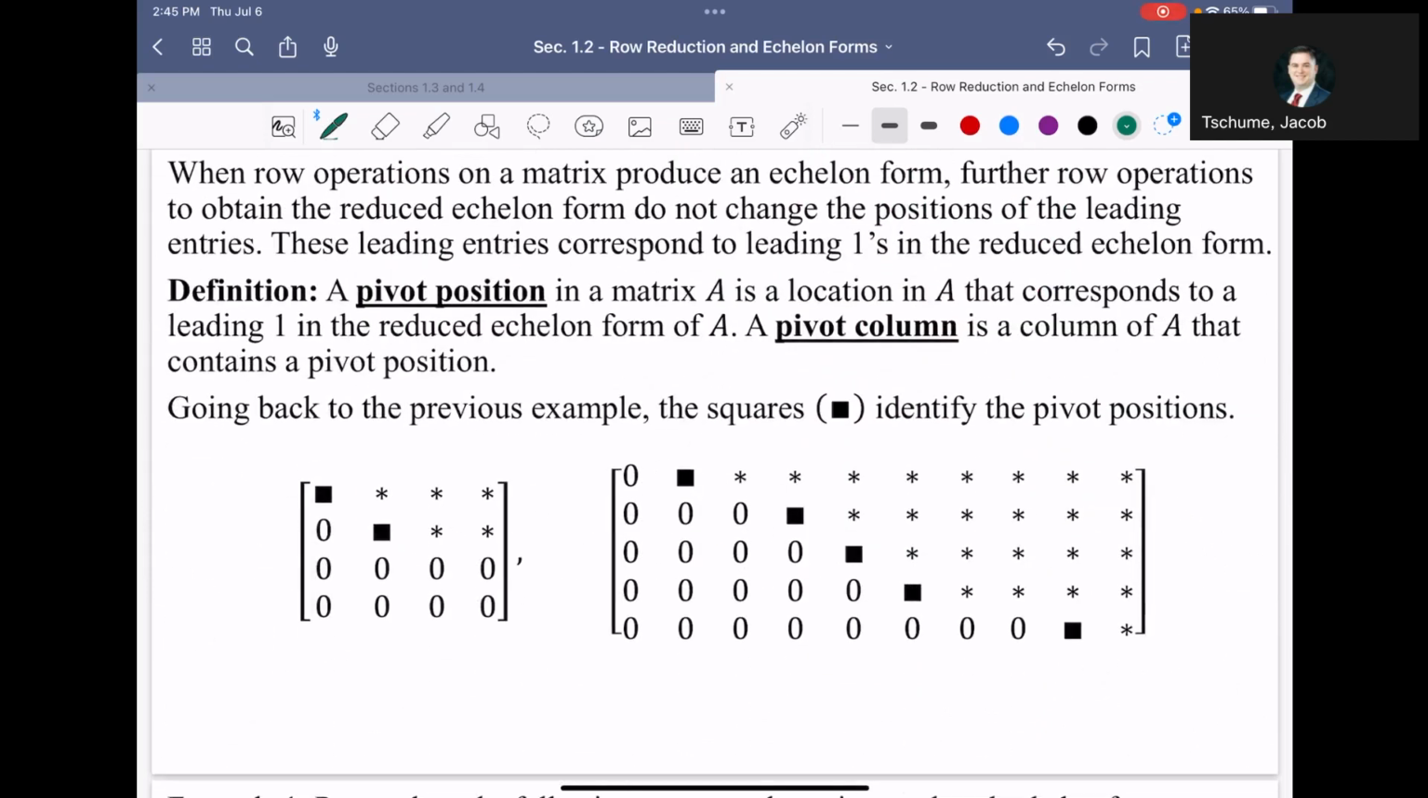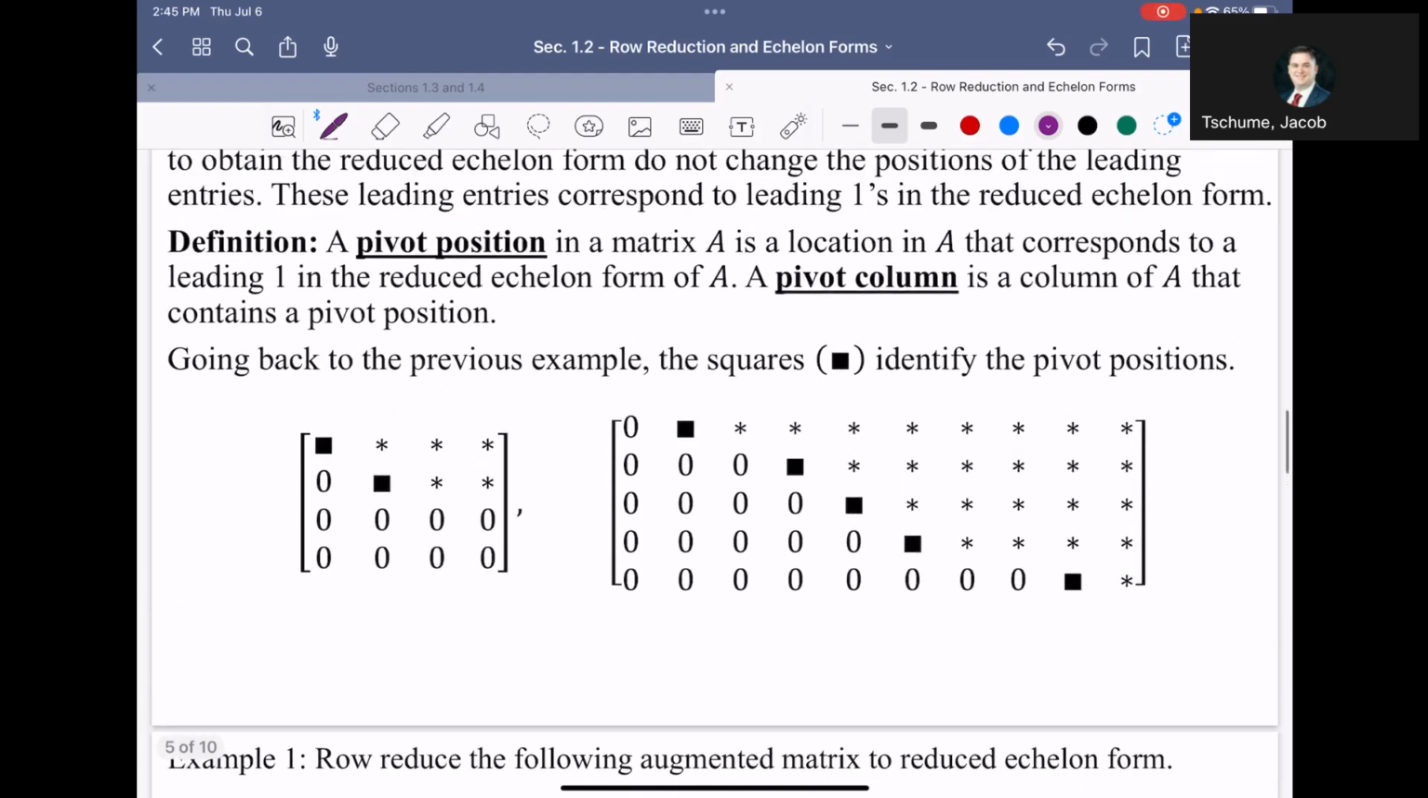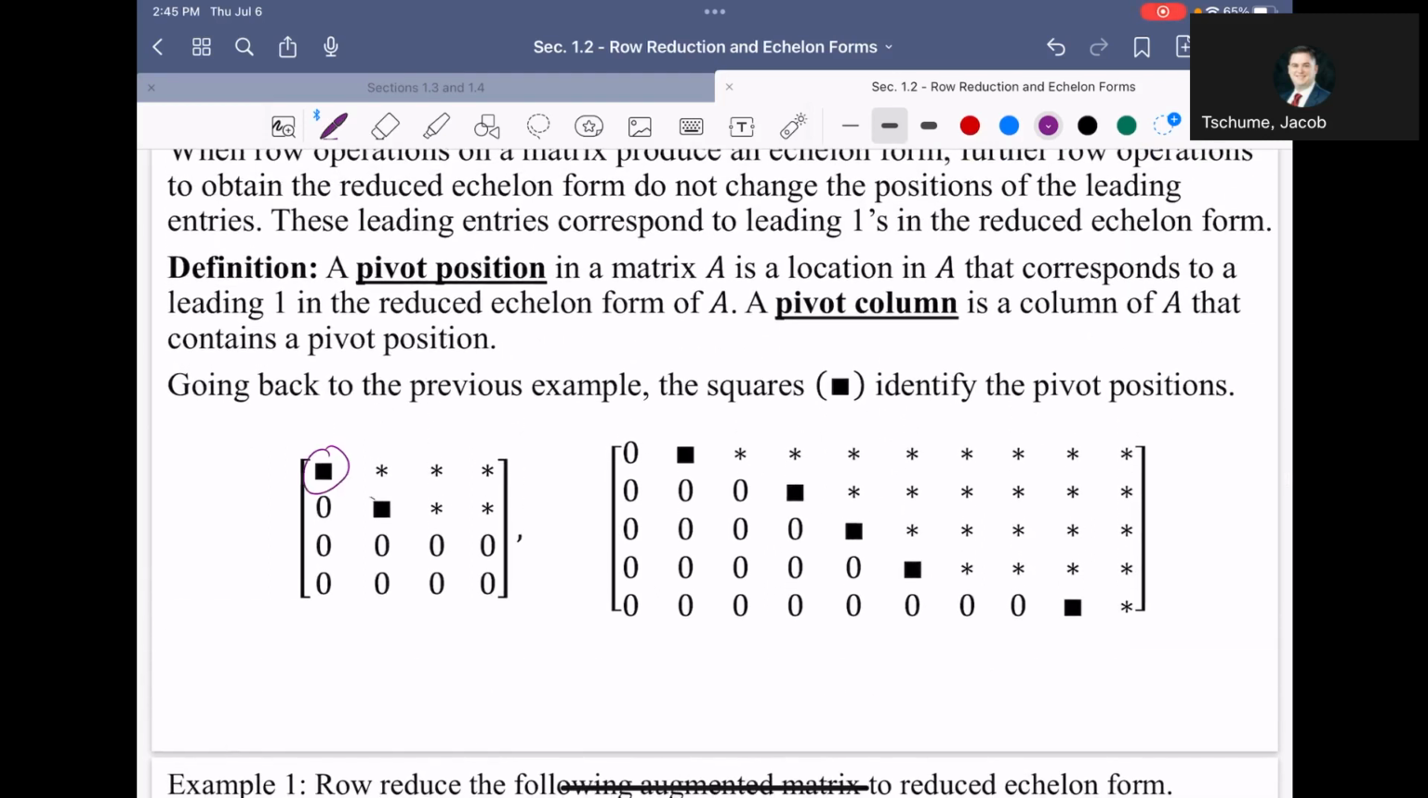So our new definition is going to be a pivot position in a matrix A is a location in A that corresponds to a leading 1 in the reduced echelon form of A. So even though I put the echelon forms here and not the reduced echelon forms, remember, since these leading entries, we called them, don't move, we really have a new word for leading entry. A leading entry for us essentially means it's a pivot position. This is the point in each row and column that the numbers pivot, and that helps you solve certain aspects